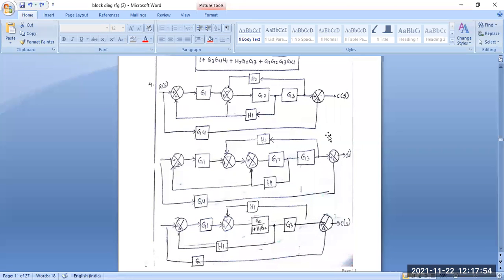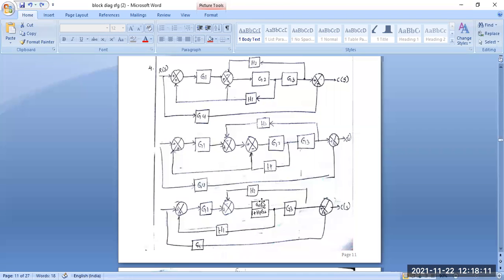So now first you have to apply one by one. That means first you apply the analysis of the feedback loops, and then also the cascade of the different blocks. So first we apply this part. Here you can see we first eliminate the feedback loops. Okay, this is basically the first feedback loop we apply. This is H1. Okay, this is H1 ahead of the block G2, corresponding to the loop, that is the summing point, this one.